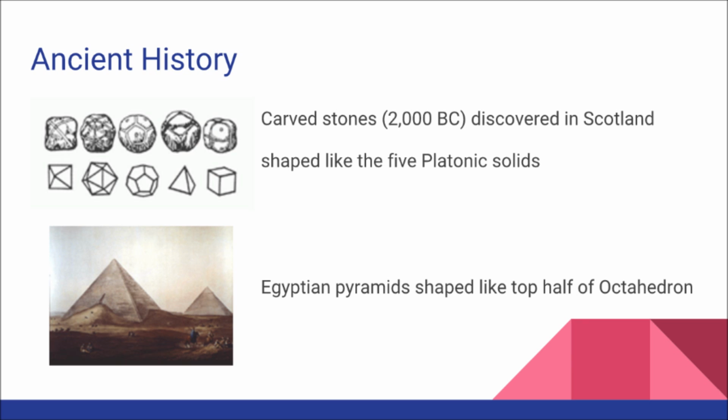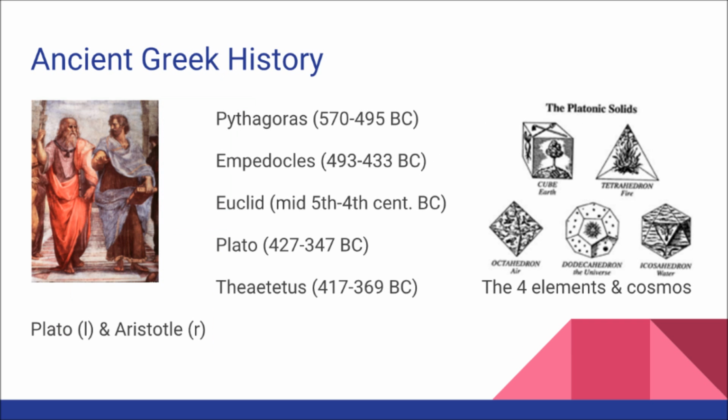The Egyptians were aware of the cube and the tetrahedron when the pyramids were built. Many pyramids have the same shape as the top half of an octahedron. Pythagoras and his followers were also aware of the dodecahedron. Theaetetus, a friend of Plato's, added the octahedron and icosahedron and is thought to have written the first complete description of all 5 solids. Euclid concluded his book Elements, which is a basis of Euclidean geometry, with constructions and descriptions